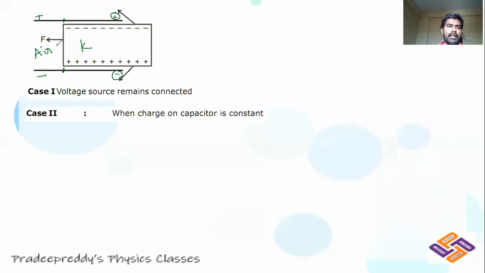Here there is no dielectric slab, completely it is air medium. As a result, the field here would be different, the field here would be different, and this results in some force acting on the dielectric slab such that the force pulls the dielectric slab into the capacitor. So this force will be acting on the dielectric slab. Now I want to find out the magnitude of that force.